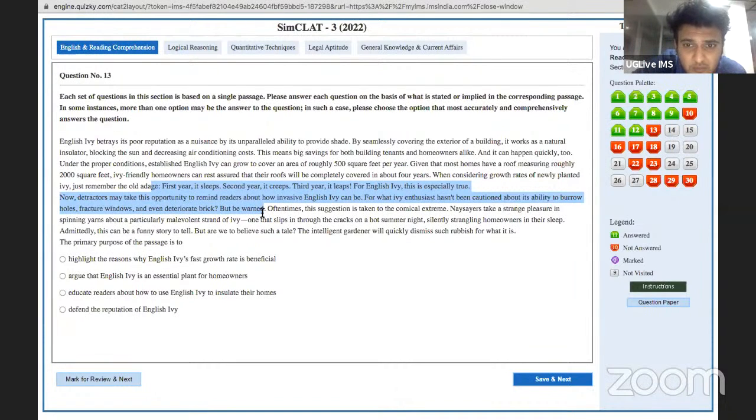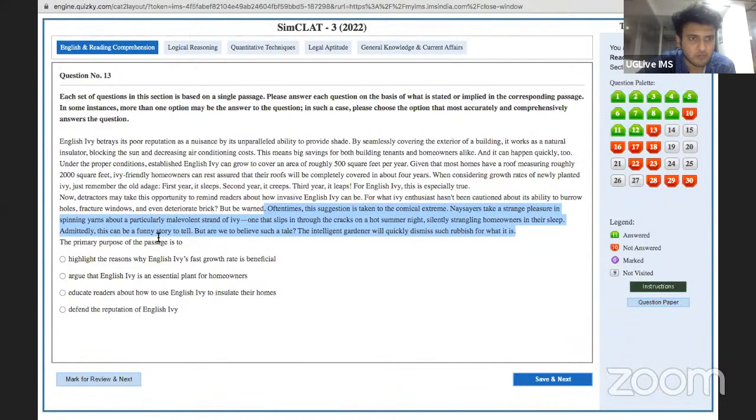For IB, ठीक है. Solution to hide the leaves, such a present intelligent garden will quickly dismiss the therapy for what it is. Primary purpose of the passage is